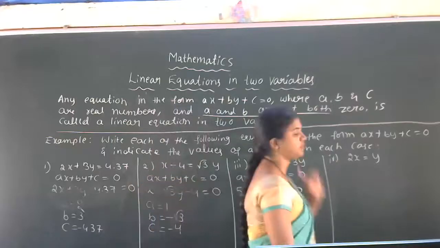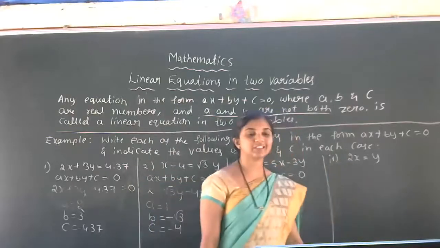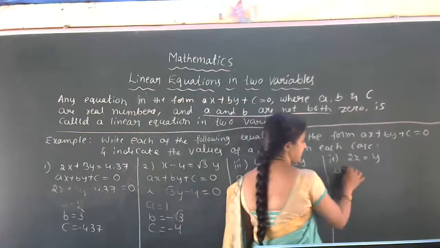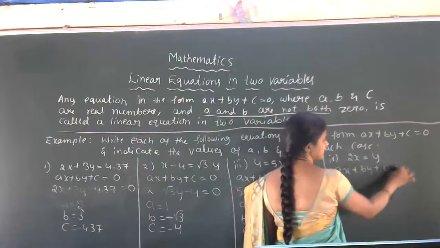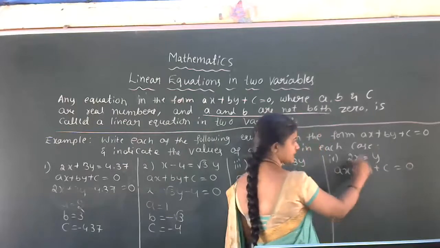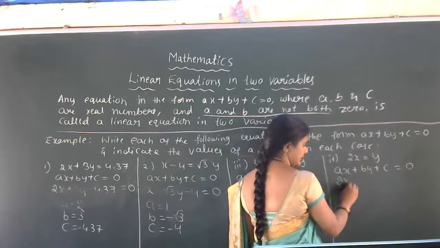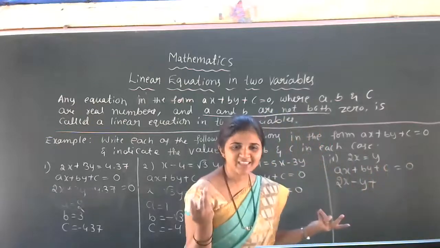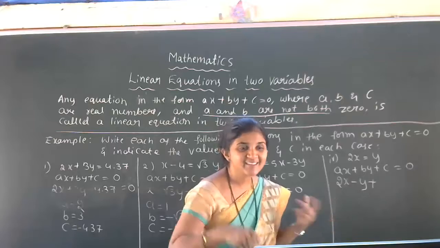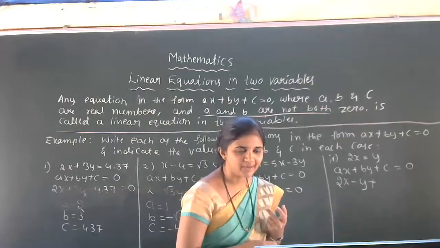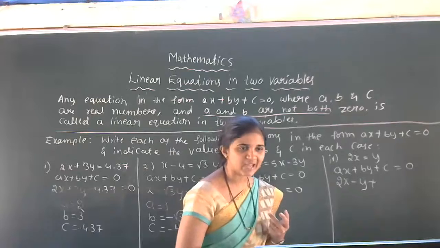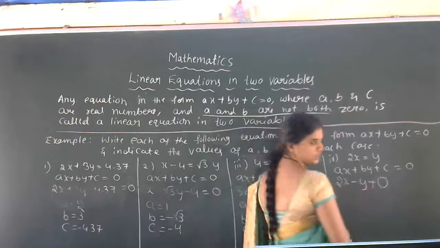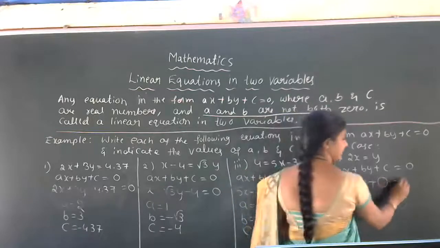Now come to the fourth problem. The fourth question is 2x is equal to y. What is the standard form here? ax plus by plus c equals 0. Now when we express 2x equals y, then 2x minus y plus, where is c actually? c is absent. Daily one student will be absent for the class, no? Now in this equation, c is absent. So in place of c, we have to write 0, or directly 2x minus